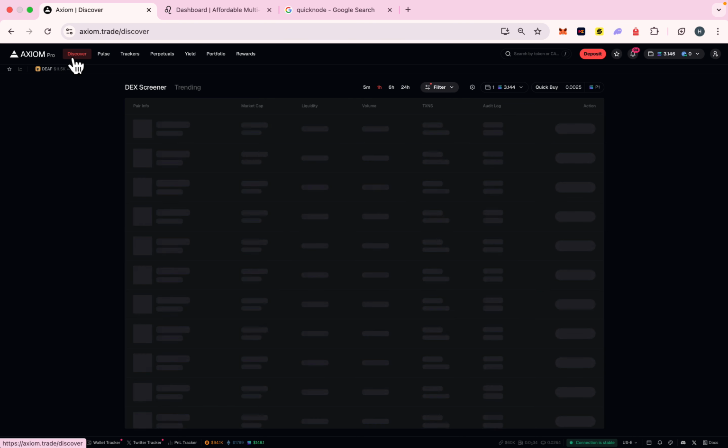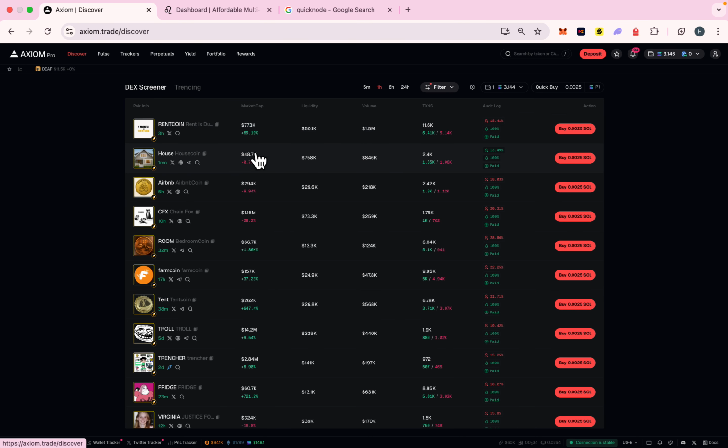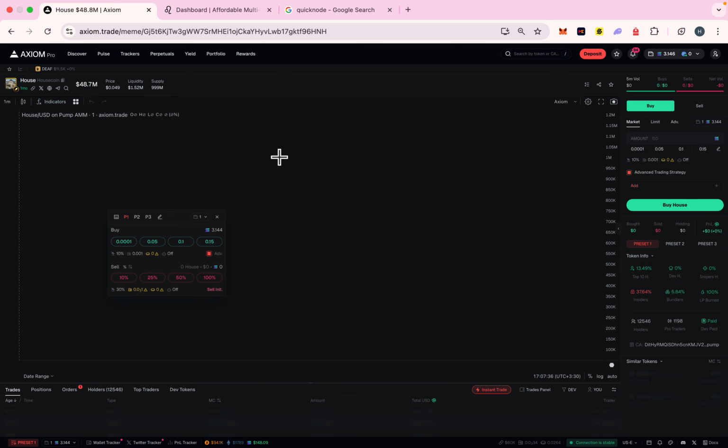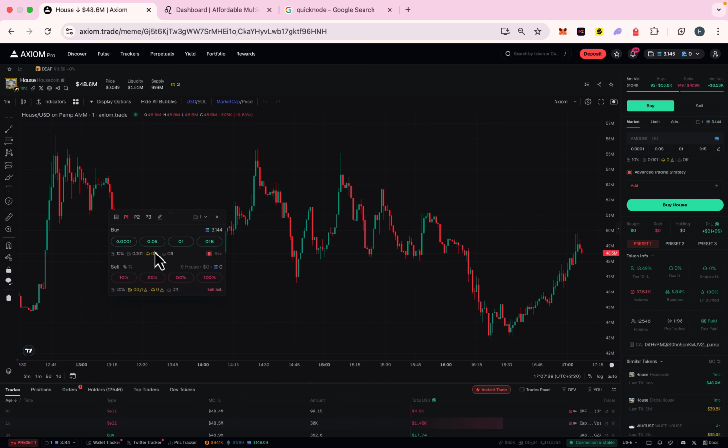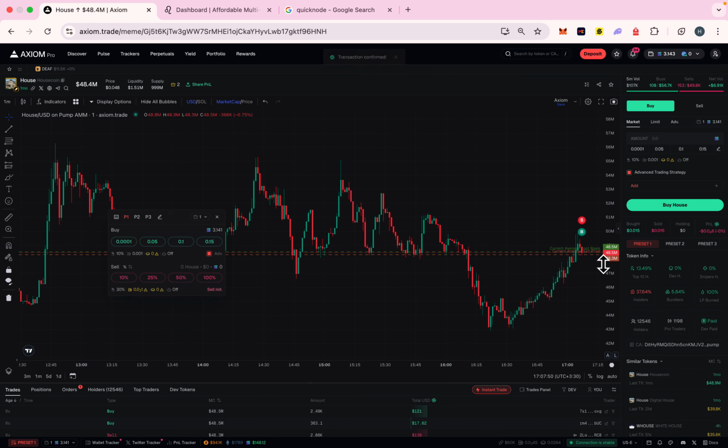Let's actually go to the discover section and just click on one of these tokens. For example, this one. I want to buy a very small amount. Let's click on buy. I bought the token and let's sell that. Okay, I sold the token. This was the speed. As you can see, the speed is not something very exceptional, but it's MEV protected, which